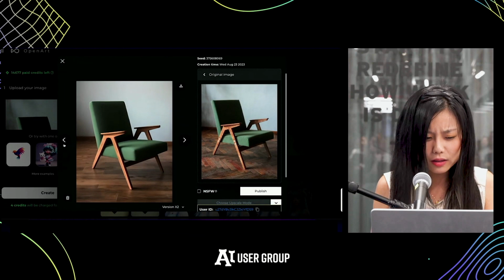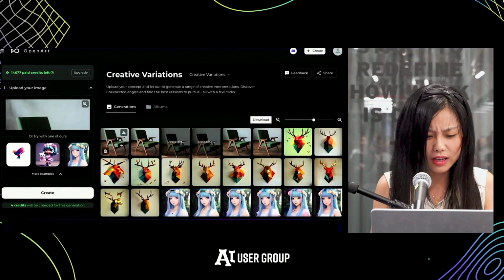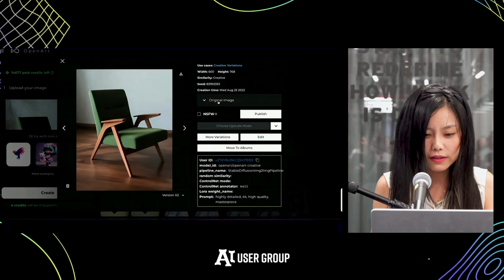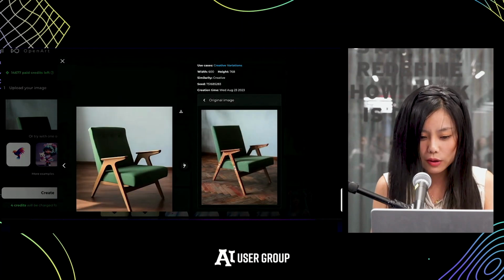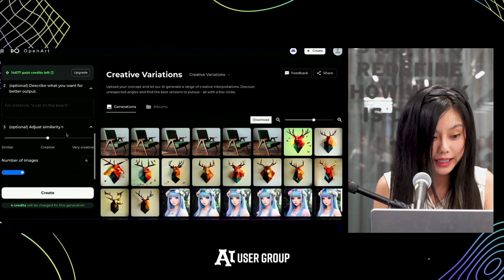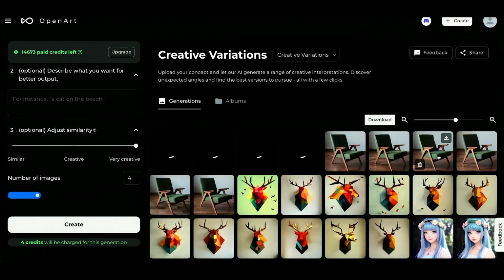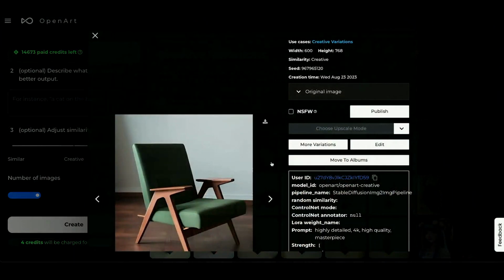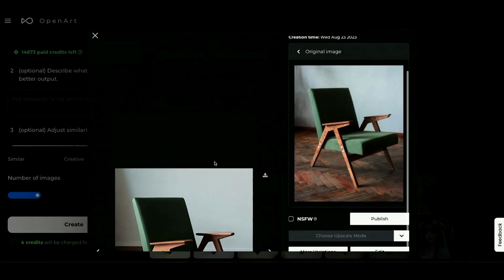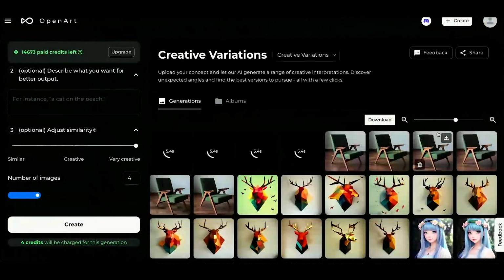And this is a variation of the chair. You can see it looks different, but I feel in this case, it may not be as creative as I would be. So in that case, we have different configurations you can tweak. For example, let's ask the AI to be more creative instead of sticking with the design. Sometimes minor variations are great, but in this case, we want the AI to be more creative.